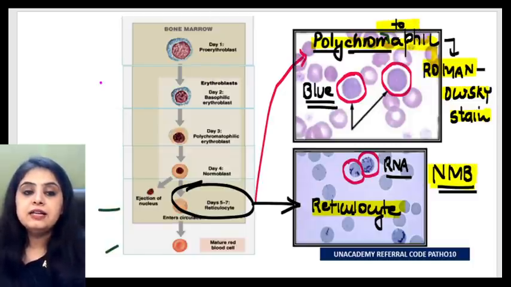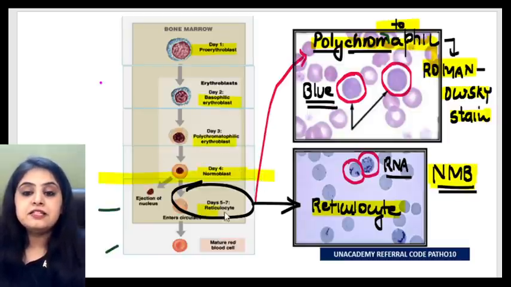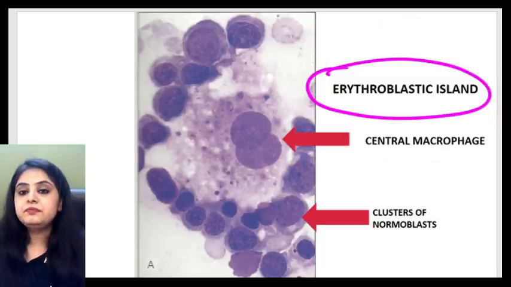So coming back, finally, first you have the 4 blasts which are in the bone marrow, which have a nucleus. After that you have a reticulocyte which is not in the marrow, which has come out in the blood, which does not have a nucleus. The last image for the day.